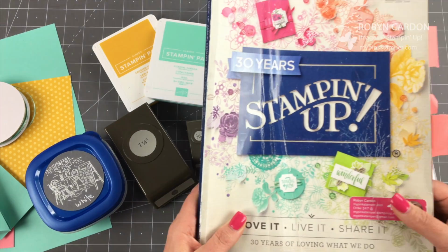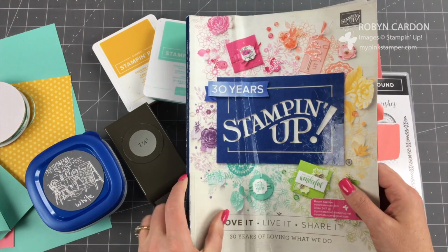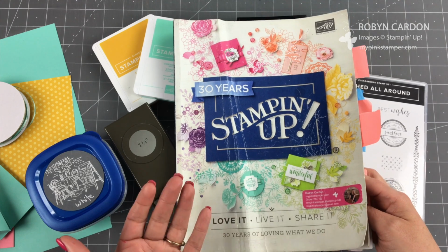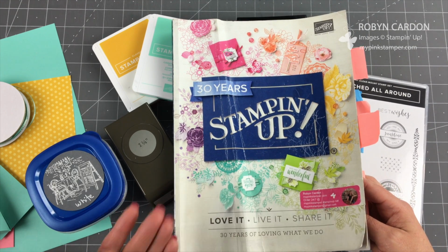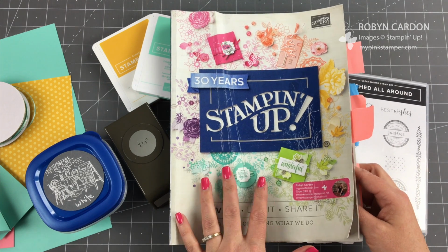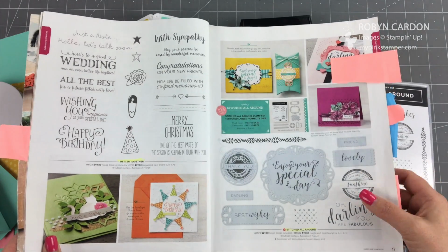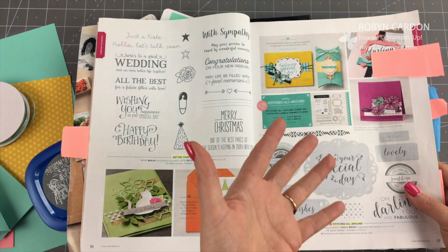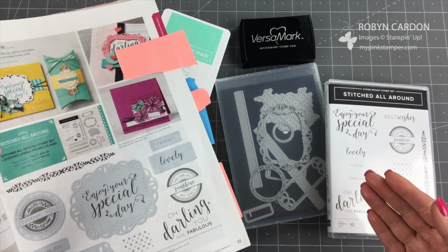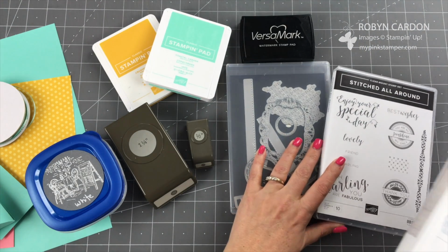I'm going to be copying from our annual catalog. Do you like how my catalog is so well loved? I look through this maybe 5 to 10 times a day looking for inspiration and getting different ideas and checking out our stamp sets and our color combos. But I want to point out that our catalog's not just a catalog for product. There is product in there, but there are so many full colored ideas in there. A lot of them are very easy to duplicate and replicate on your own. Some of them are a little trickier, so I thought for my copy the catalog segment